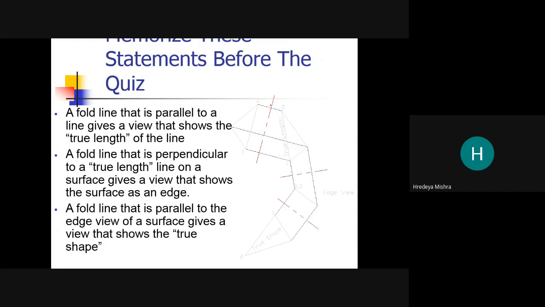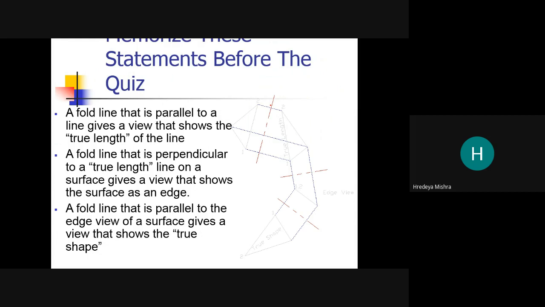A fold line that is parallel to a line gives a view that shows the true length of the line. A fold line that is perpendicular to a true length line on a surface gives a view that shows the surface as an edge.